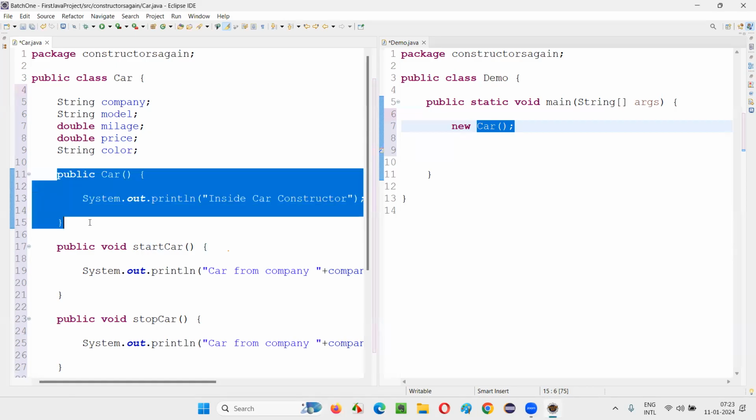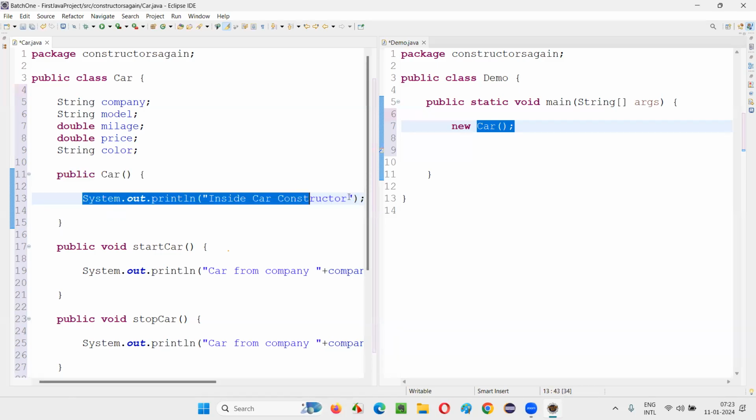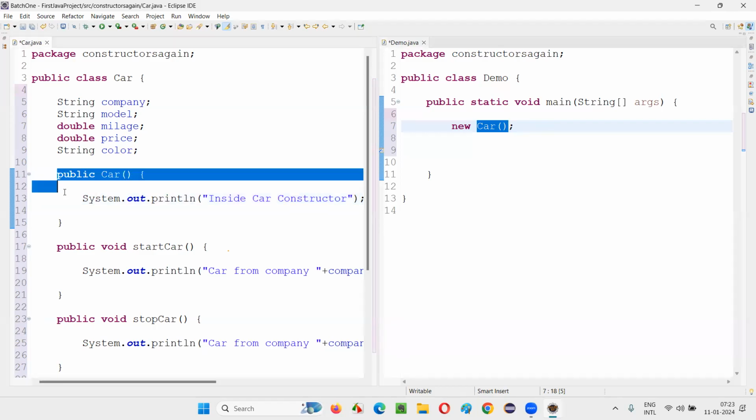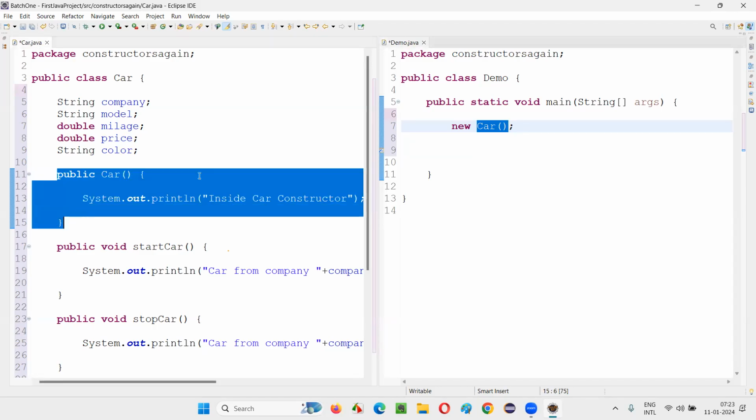No, it has some code inside it. Now, when I create an object, is the constructor being called or not? Is this a constructor calling statement or not? Yes, this is a constructor calling statement calling this particular constructor.